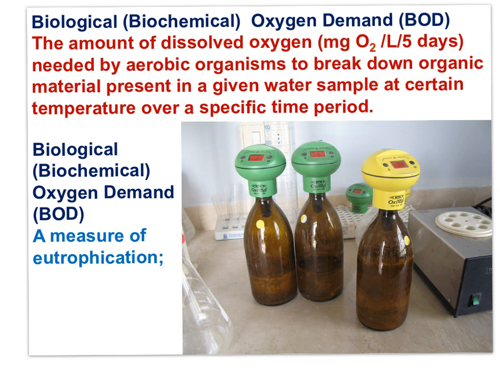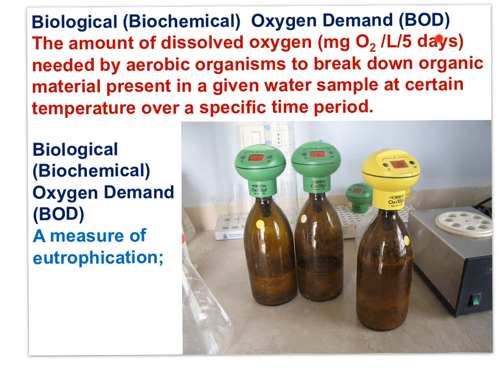BOD can be measured using an apparatus seen here. A sample of water is taken, dissolved oxygen levels are recorded, a fixed mass of bacteria is added, and the bottle is sealed. 5 days later, dissolved oxygen levels are recorded again. BOD is a measure of the organic matter in the sample of water based on the amount of oxygen required by bacteria to break down the organic matter per liter of water over the 5-day period.